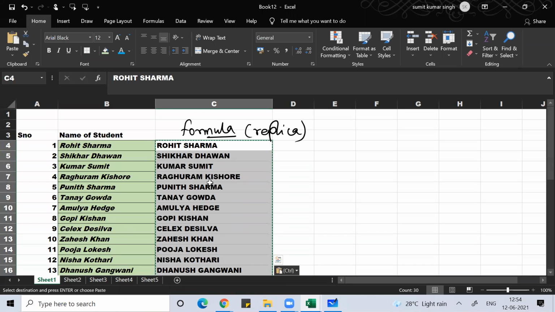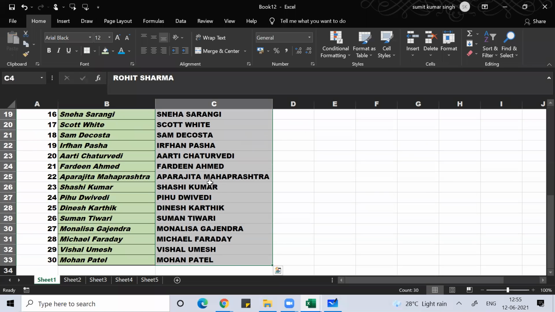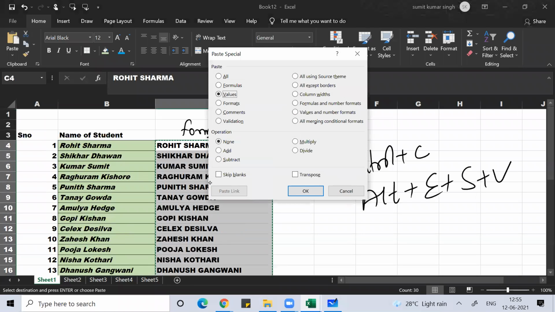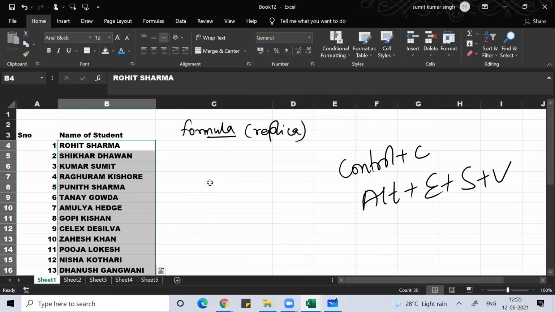The shortcut key for removing the formula is Control C, then Alt E S V. Either you do Control C, paste values, or Control C, paste special values, or the other way: select everything, Control C, Alt E S V. Okay, then Control X, cut it, Control V. Clear, everyone? Anyone, any doubt?